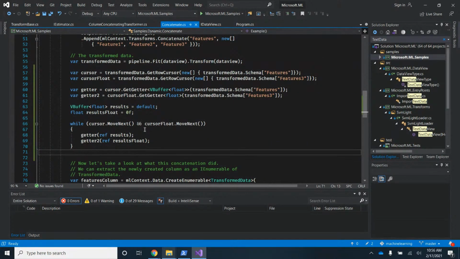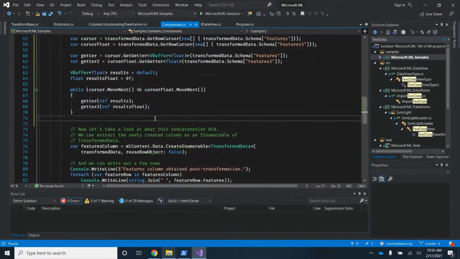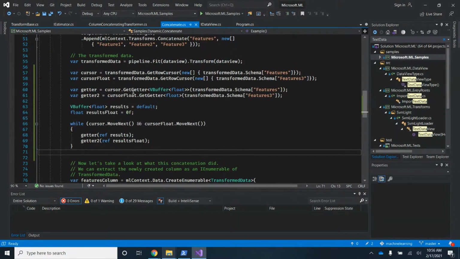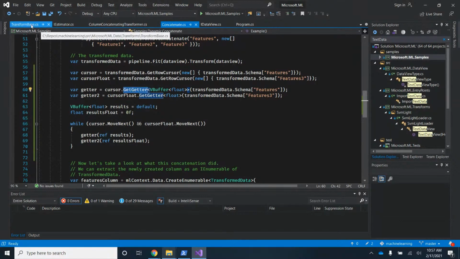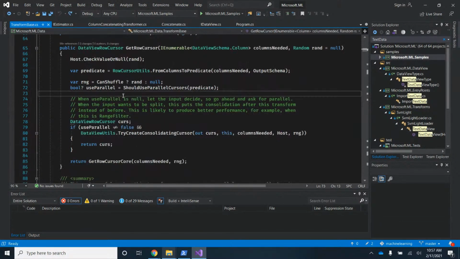Now I know we're close to running out of time. So one of the things I want to show real fast with this, if you actually run this, you'll notice that this getGetter method is called multiple times. And that sounds strange, right? Because getGetter should only be called once, right? Because that was the point of having these delegates, these functions returned, is that we don't have to check the output multiple times. Well, what's going on is that under the hood,